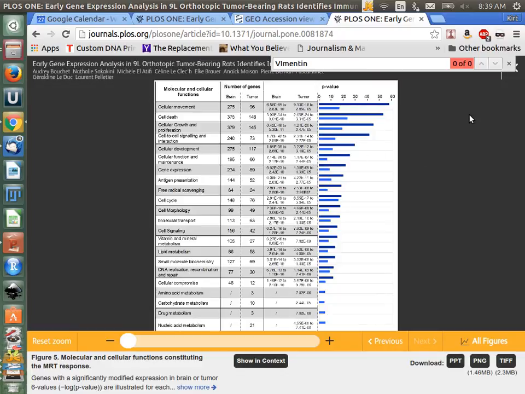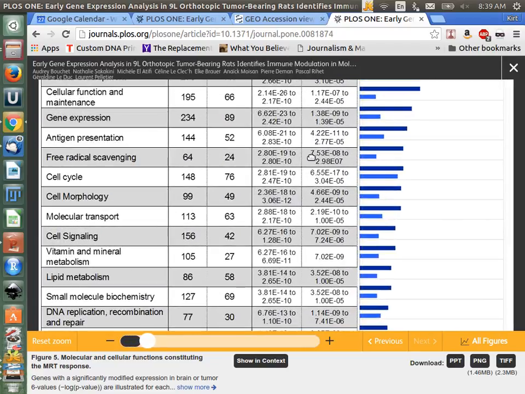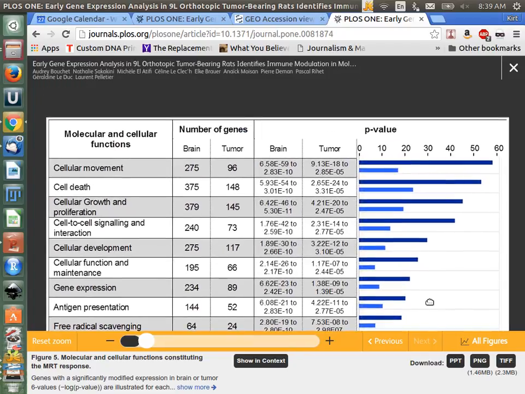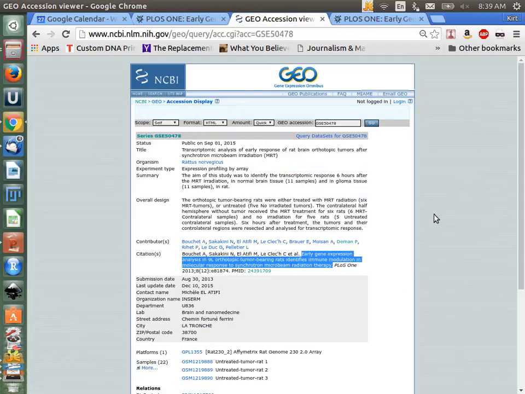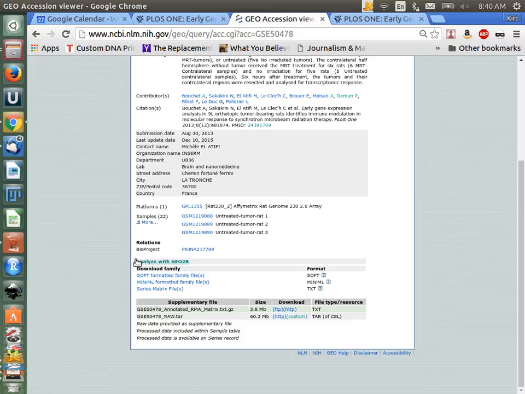Okay, so we go down and look through here, look at the graph. Other stuff here. Here's an expression thing. Okay, so this is differential expression data of different groups of genes. So here's the number of genes in the brain. Okay, but it's in large groups. It's not giving us anything. Okay, but we don't really care about what the study said because we're interested in their data and reanalyzing their data. So let's go back here, and then here's the cool thing: if you go down,